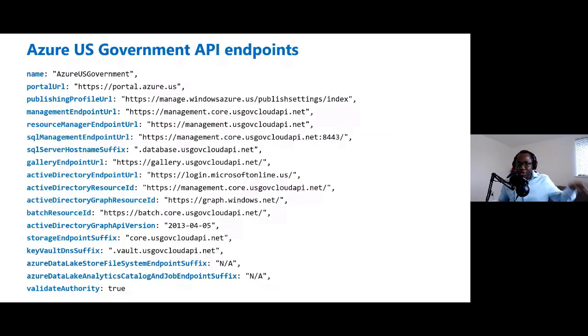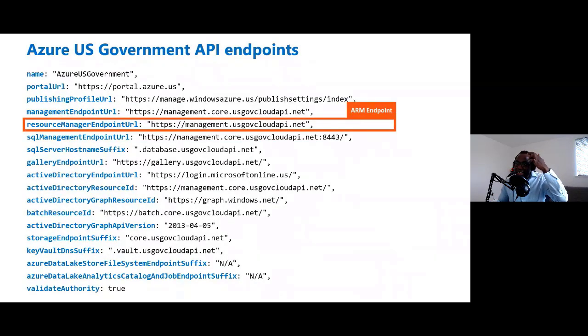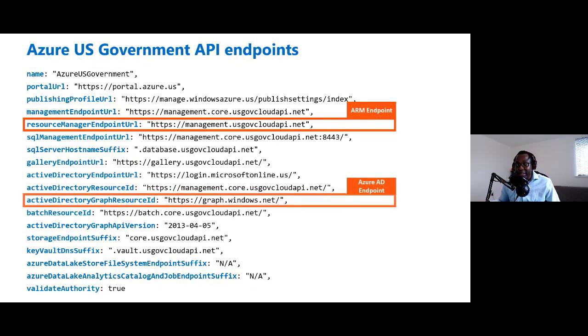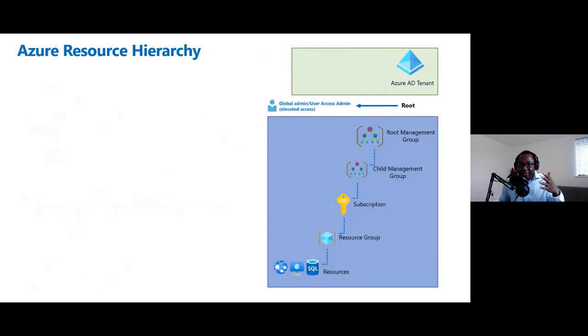Here's the one for Azure US Government. The resource manager endpoint is management.usgovcloudapi.net, while the one for Azure AD is actually the same as the public one, which is graph.windows.net. Now, the concept of Azure Resource Hierarchy is also important